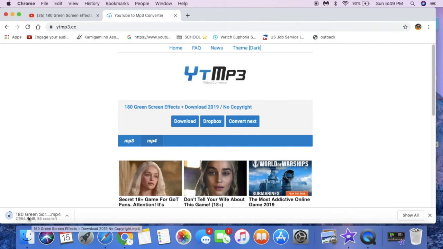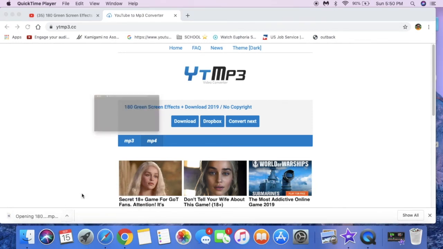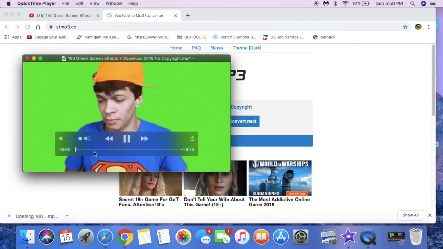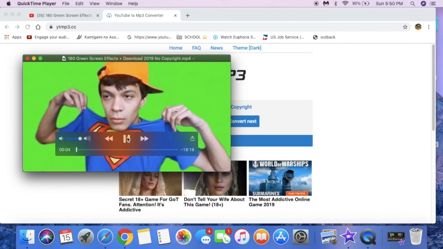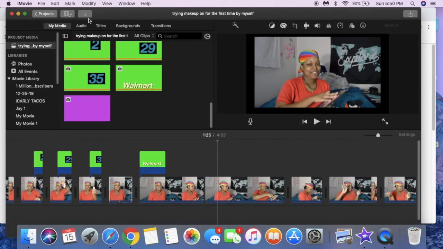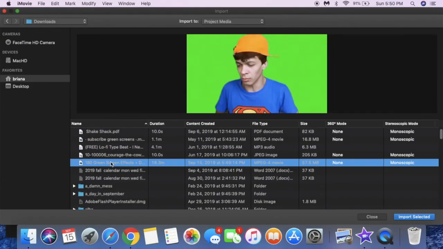So that's how you get your green screens, and I'm going to show you how to put it in your video and how to just have the green screen. And there's a video right here. iMovie. You can go to downloads, the green screen, import,